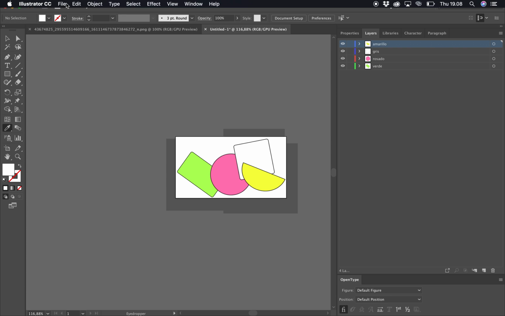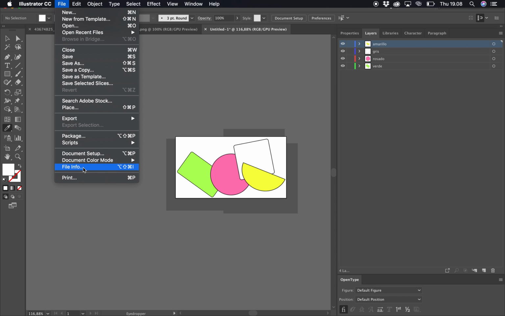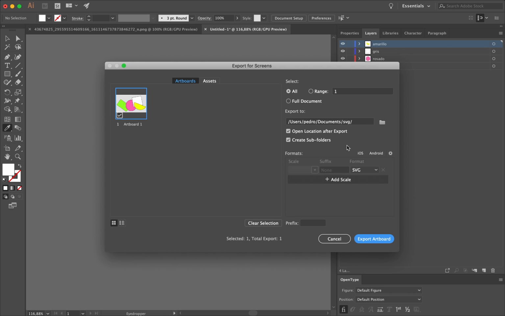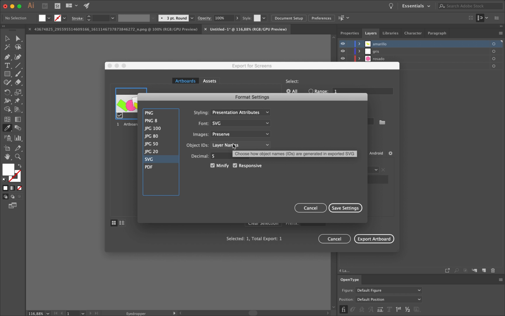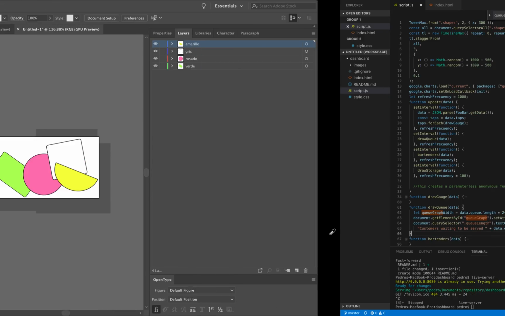Then we exported those here. We exported for screen. We selected the folder, selected SVG. Then the settings were set to preserve the attributes with 5 decimals. Then when it was exported,